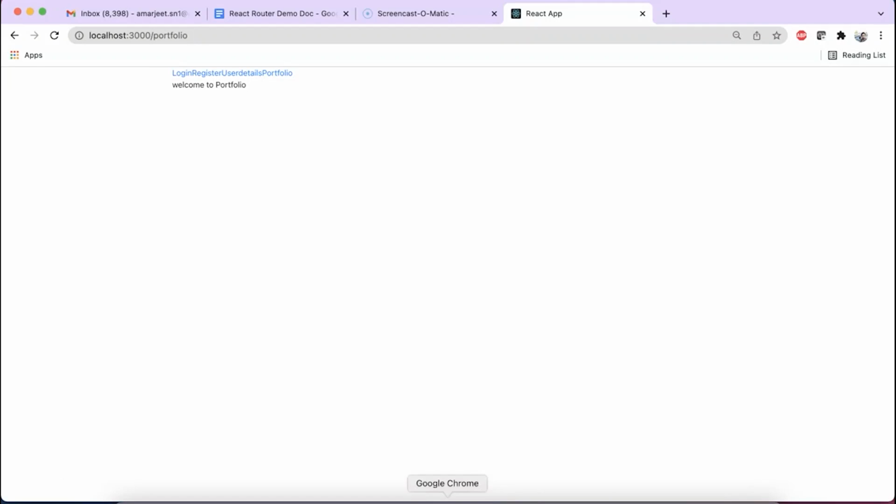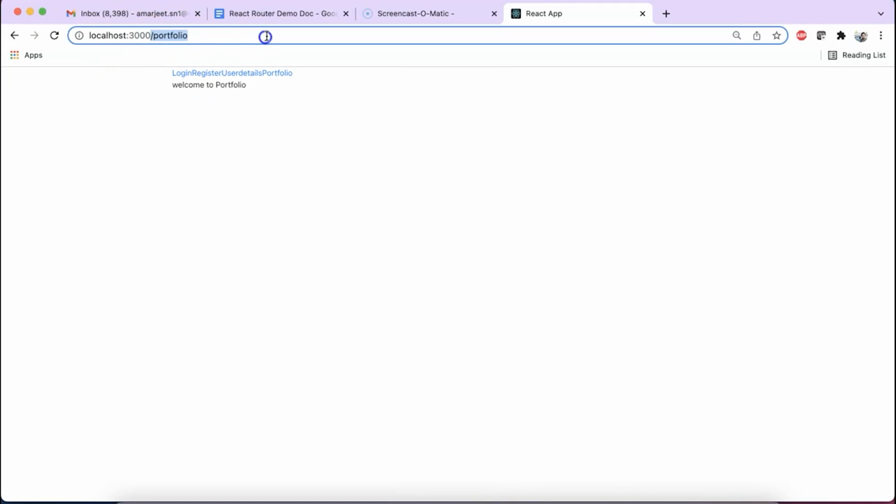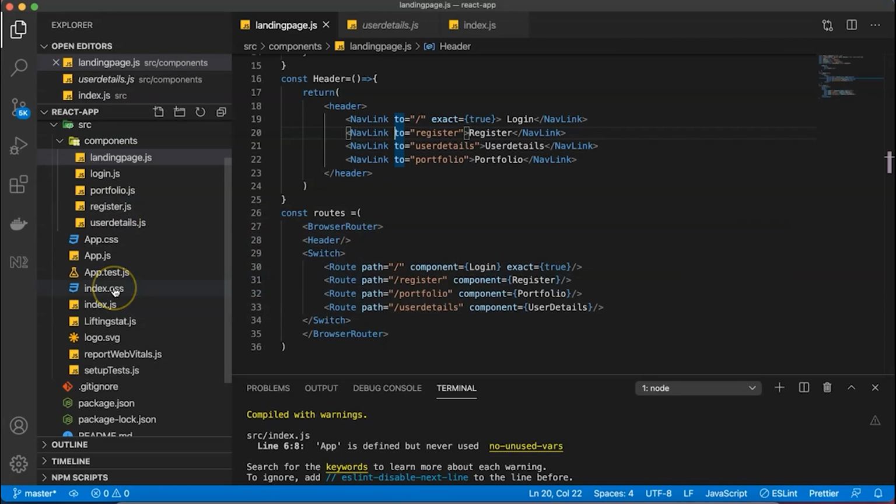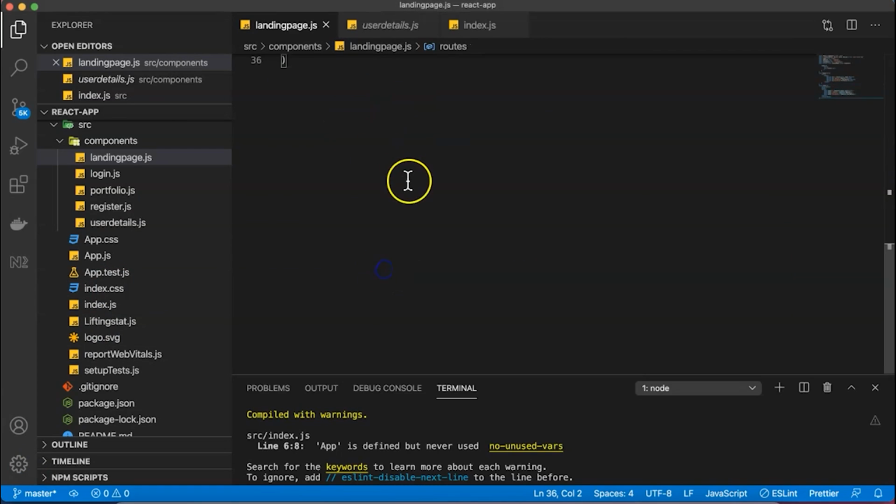Now let's check, and now you can see the by default login page appeared because the login is in root location, and that's how your URL works. Okay everybody, so in the previous examples we have seen how the links are working, but